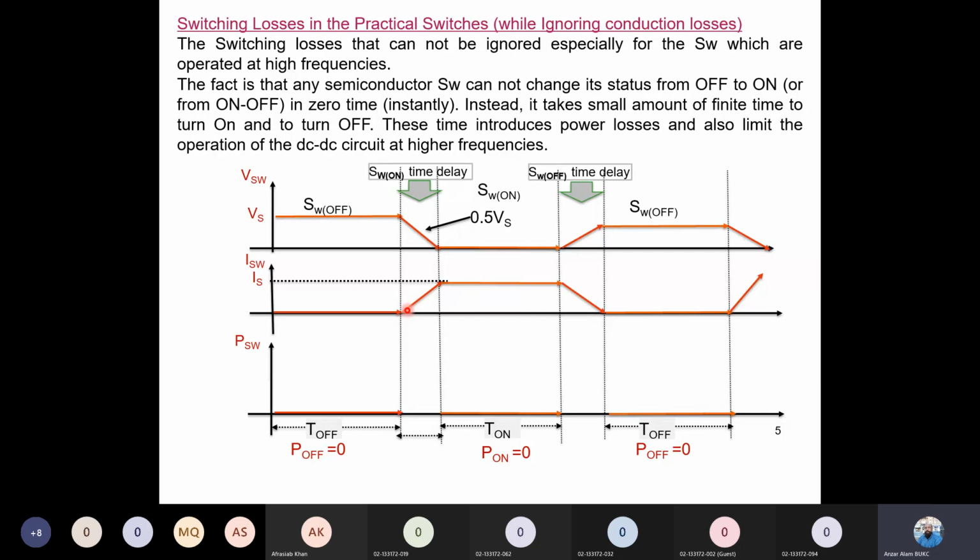Similarly, for this transition period current always exists, although it starts from 0 to maximum value, but for this duration of the time the current always exists, and for this duration of time the voltage always exists. इसका मतलब ये हो गया कि इस पीरियड में वोल्टेज भी है, इस पीरियड में करंट भी है, तो there will definitely be